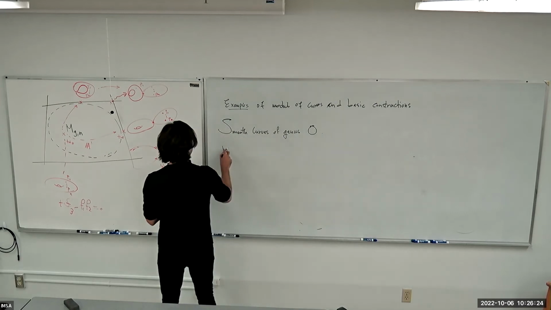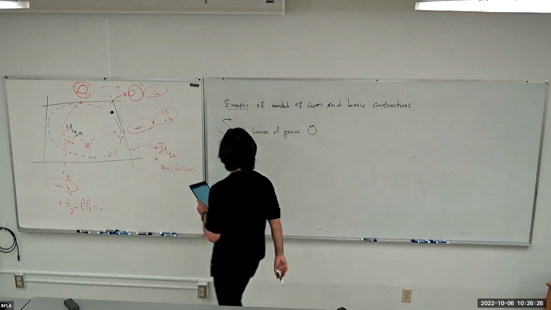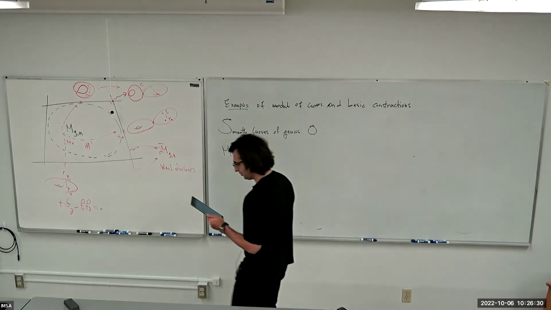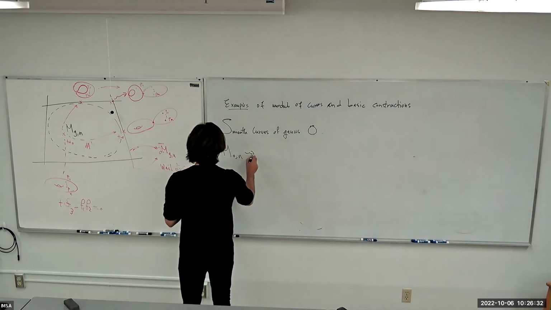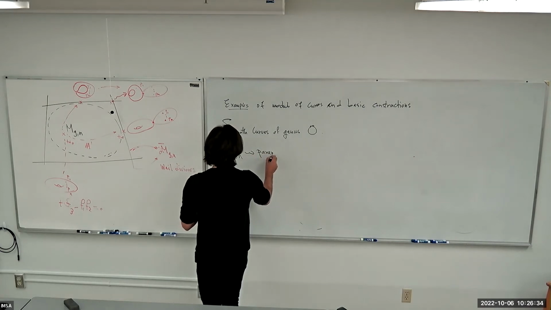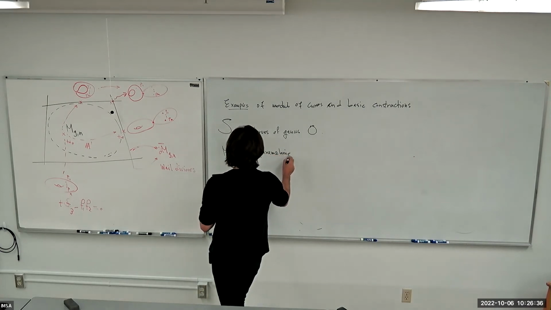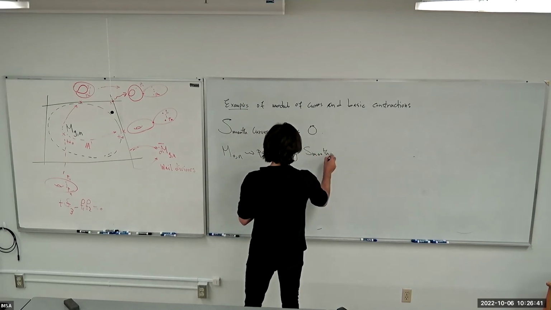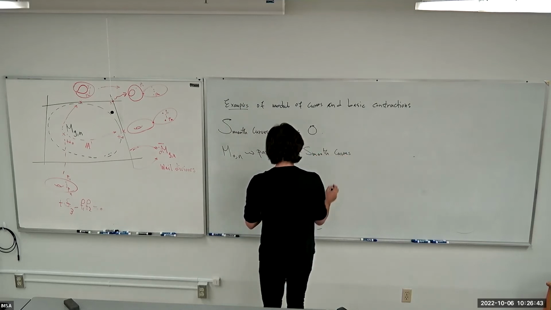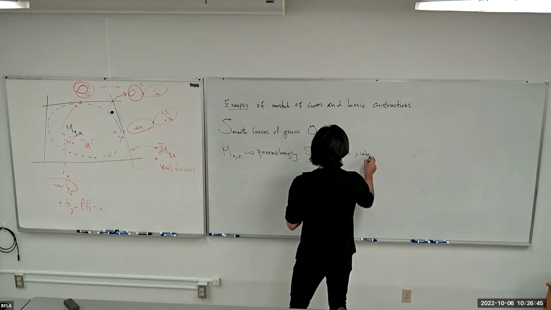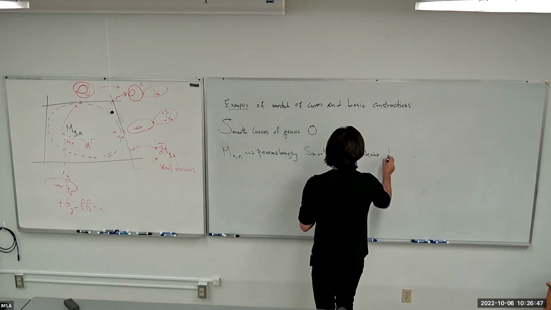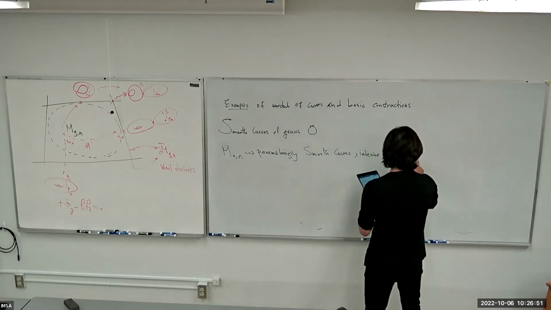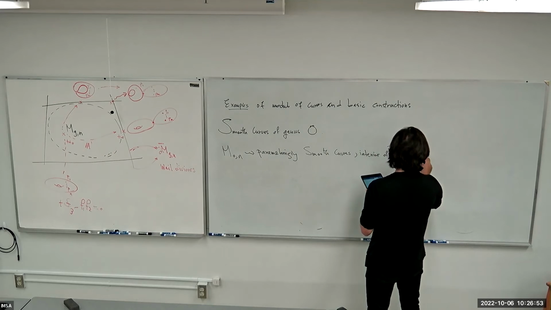So this is the M0n. I'm not going to put the bar on it because this is the smooth, open, dense interior bulk of this moduli space. This is parameterizing smooth curves. It's the interior of the compactification M bar 0n, and it is defined